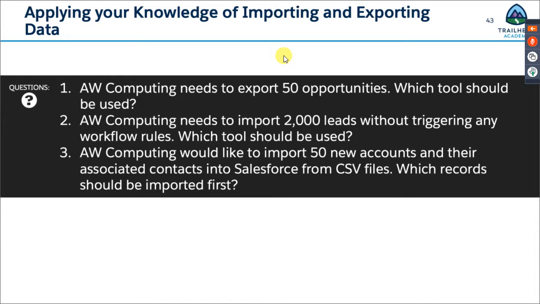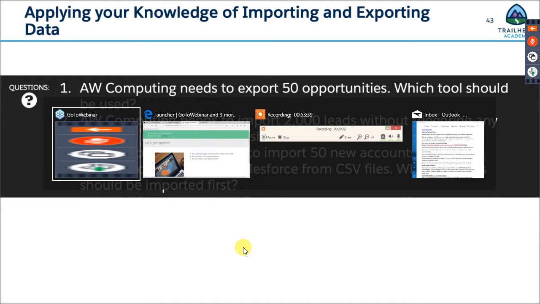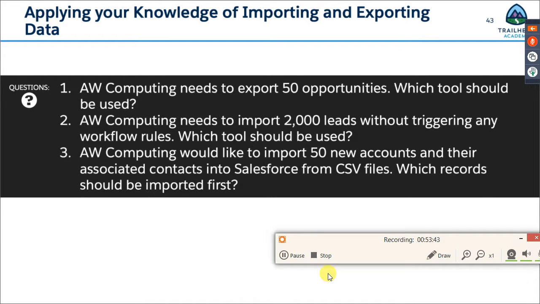Number 3: AW Computing would like to import 50 new accounts and their associated contacts into Salesforce from CSV files. Which records should be imported first? Do you import the accounts or do you import the contacts first? And why? You will have to import the accounts and then the contacts, because the contacts need to know the account that they belong to. And that is through the ID of the account, and the account ID is only generated